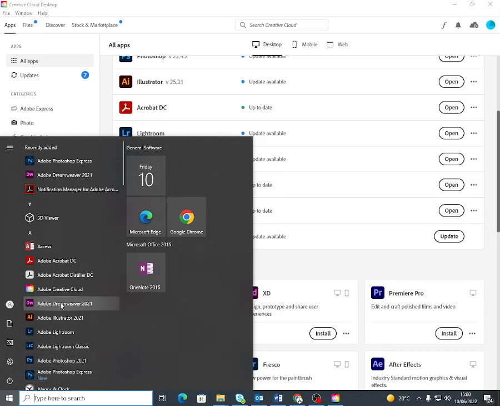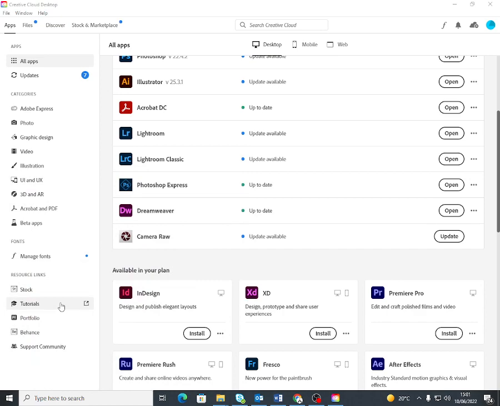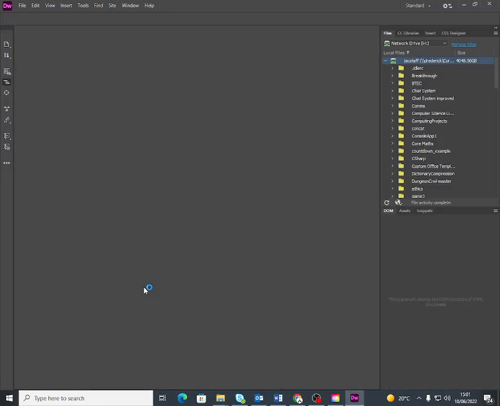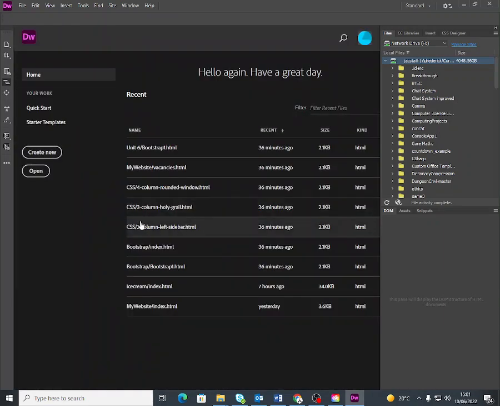Now, I'm going to open up Dreamweaver, and it should load up Dreamweaver for me, and it's starting now. Now, the first time you open up Dreamweaver, I've been on it before, so I've gone straight through to this screen. The first time you open it, it may ask you what settings you prefer. So you want to click on the one on the right that says the classic settings, not the developer settings,